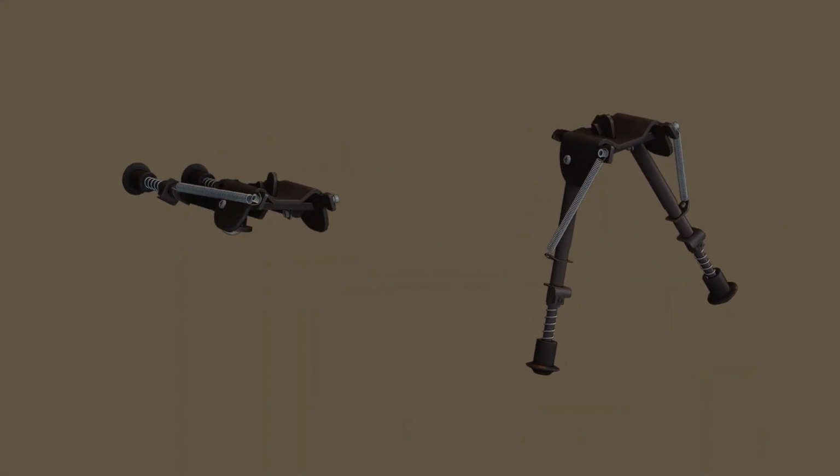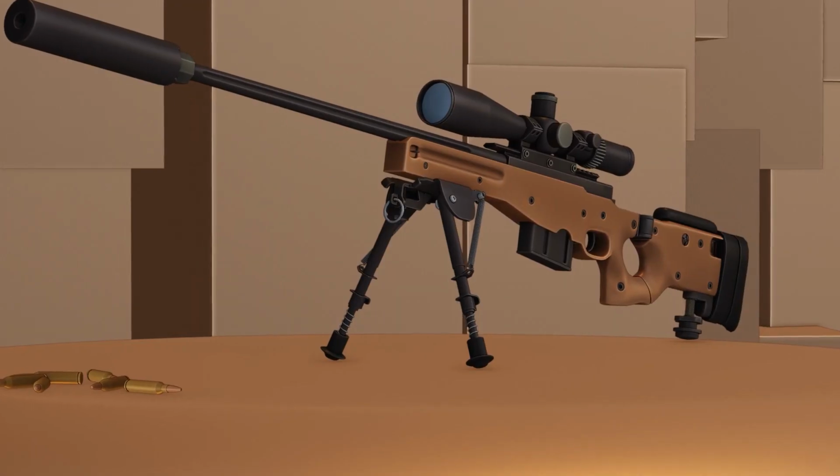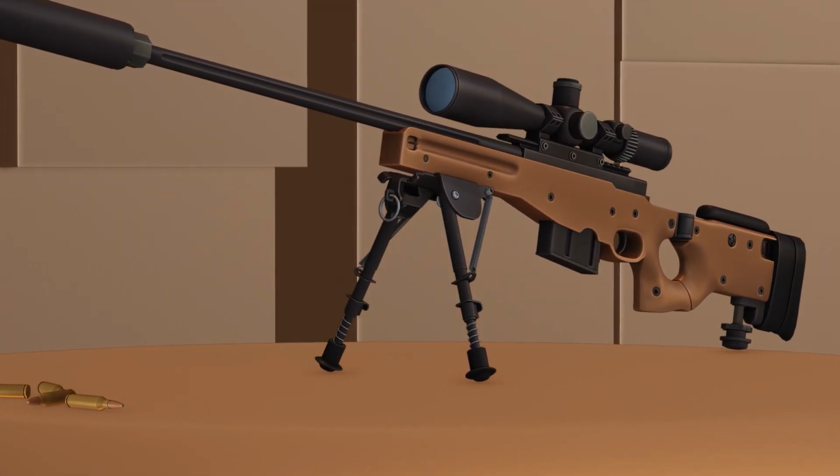In this video, we're going to learn how to make a bipod for a sniper rifle. We're going to use this bipod for the AWM sniper rifle, which we modeled in the last 4 videos